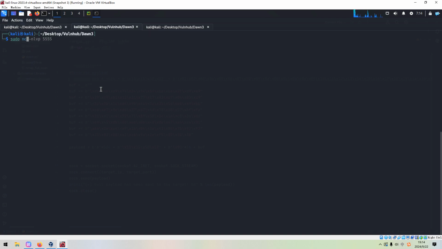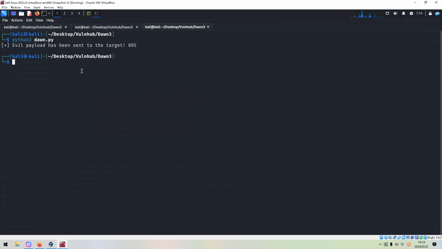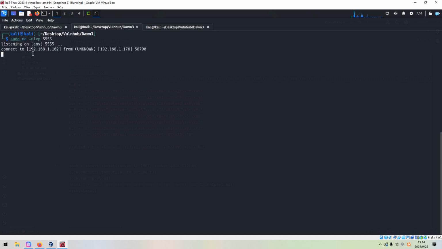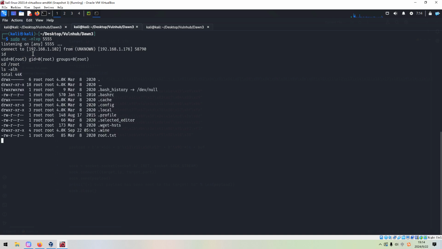And of course, we need to set up the listener first. And now we can run Python, launch the attack. As you can see, we got the connection. Even this shell belongs to the root user. Then we can grab the root flag without any problem, right?